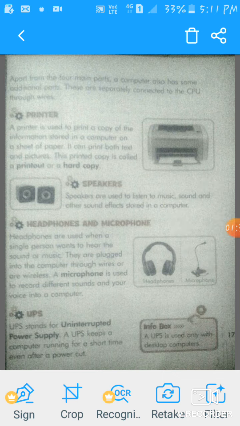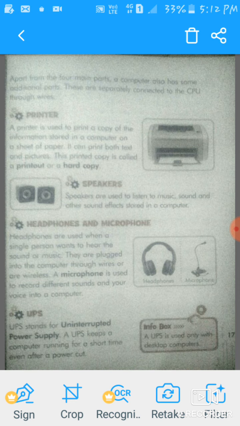We have read about some parts of a computer. So dear children, the parts which have been left, we will complete today in this chapter.